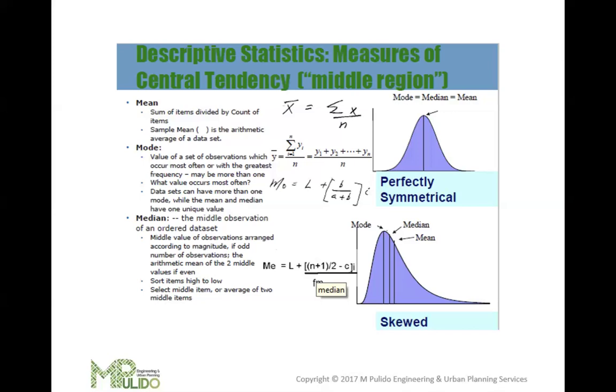The mode is the value that occurs most frequently in a data set. So a data set can have more than one mode, bimodal or multimodal, if multiple values have the highest frequency. The mode is useful for categorical data where we wish to know the most common category. It is not affected by outliers. So for example, most common shoe size, the shoe size that appears most frequently in a survey, like 5, 6, 7, 7.